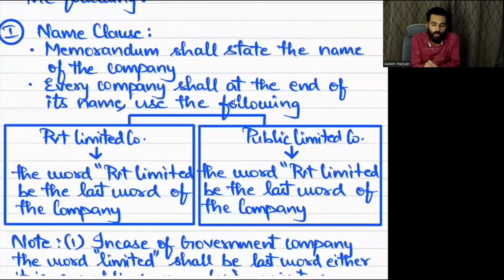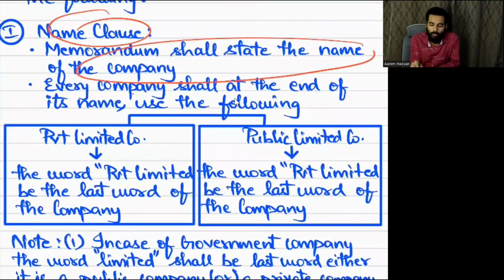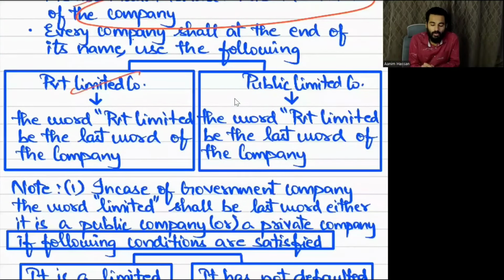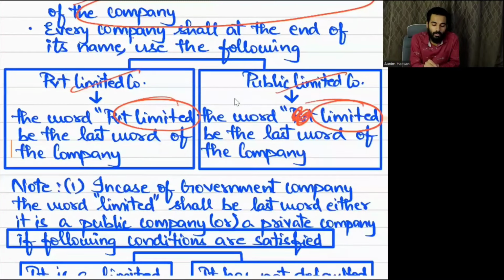What all will be there? One, what is the name? What will be the name of the company that will be mentioned in the memorandum of association? If it is a private company, the last word will be Private Limited. But if it is a public company, the last word would be Limited. But in case it is a government company,